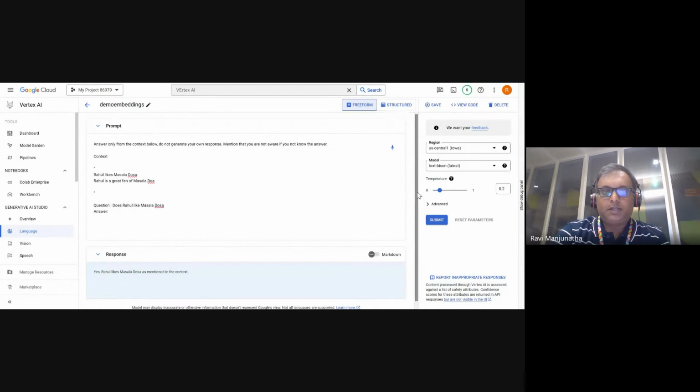you can see that the model was not hallucinating, saying that does it mean KL Rahul or Rahul Dravid or any other Rahul. It precisely knows that the Rahul was the Rahul mentioned here in this context, and it gave me the response that yes, Rahul likes masala dosa as mentioned in the context. So it is as mentioned in the vector search, or as mentioned in the chunk, or as mentioned in the video. So this is how the entire process works, and this is how all of the different components come and